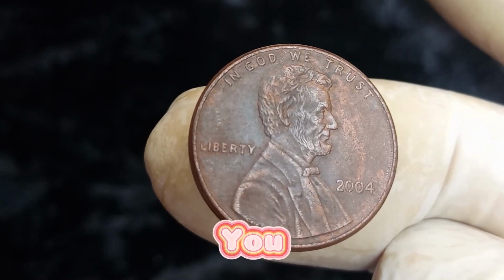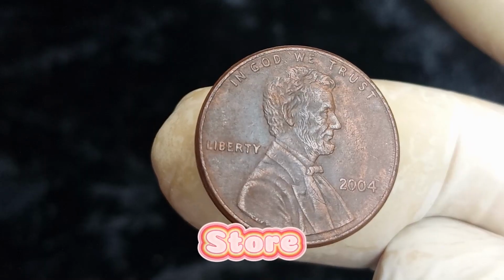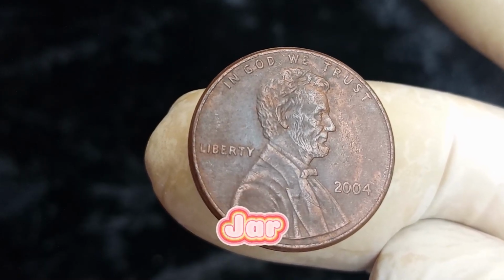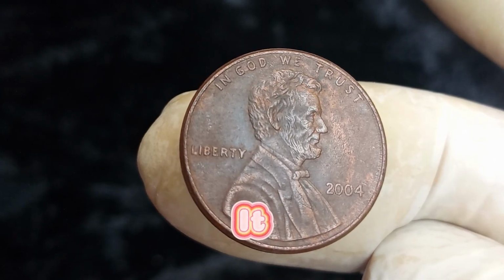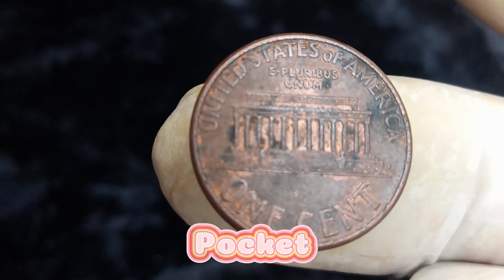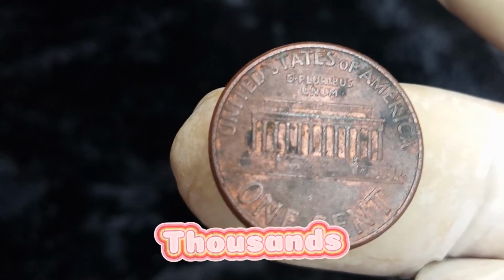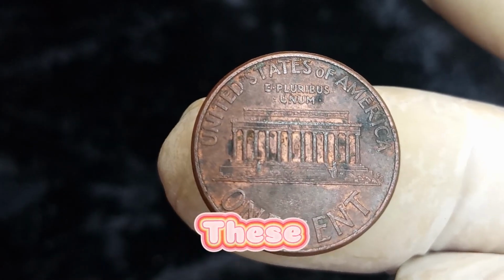Final tips: you could be sitting on a fortune. Before you spend that 2004 penny at a store or let it disappear into a coin jar, stop. Check it. Study it. It might be more than just pocket change. It could be your ticket to thousands, or even hundreds of thousands of dollars,